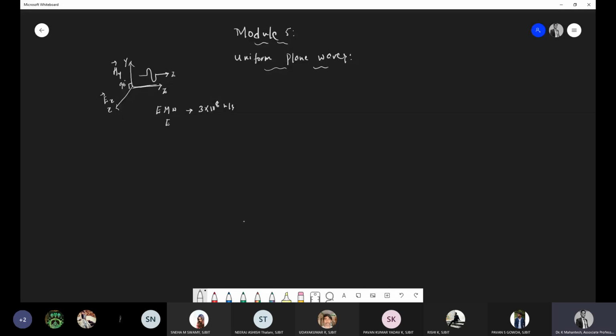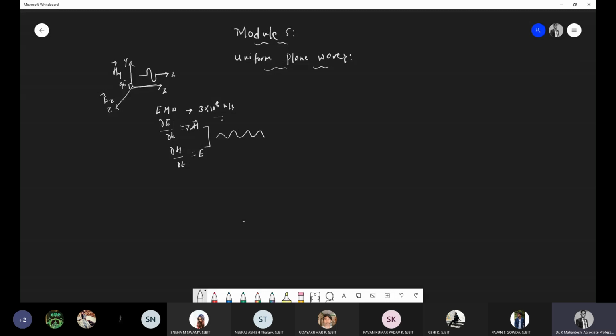Since rate of change of electric field generates magnetic field, or you can say curl of H, and rate of change of magnetic field will generate electric field, these complement each other, and hence it travels to the larger distance